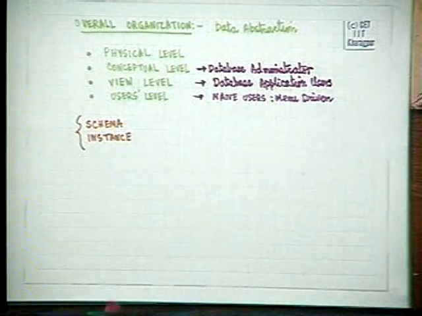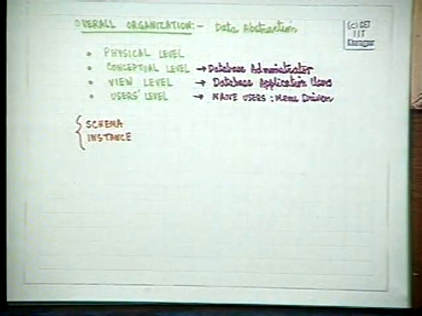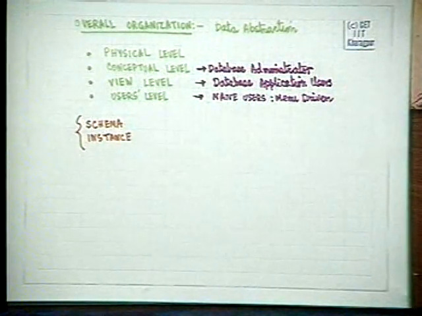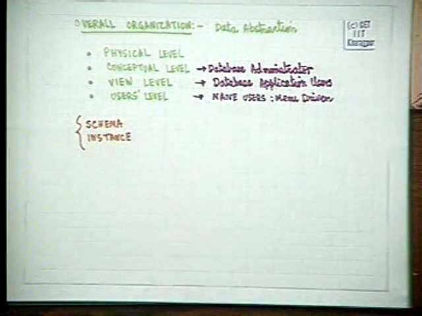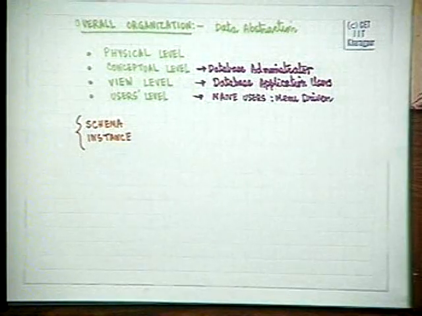Now, next we shall come to what are the components of a database. How do you define a database? How do you design a database? And how do you use a database? It was mentioned earlier that a database consists of a set of interrelated data and a set of procedures. So you must have a mechanism for defining that data and a mechanism for defining that set of procedures. So the components of a database